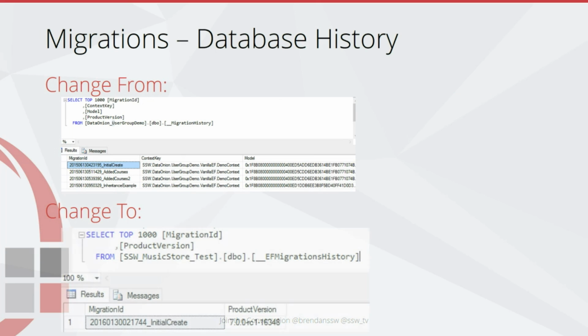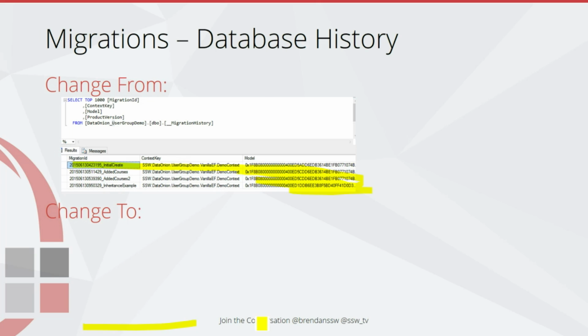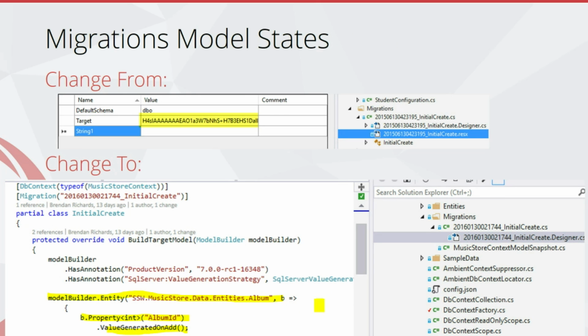And how that plays through into the database history: in the previous version of Entity Framework, it would put these ugly blobs here in the database. Now it doesn't need to. It just has a name, Entity Framework's version number, and all the information is in that file you've just seen. So the information is here in a readable, code form. The computer can read it, and you can read it.